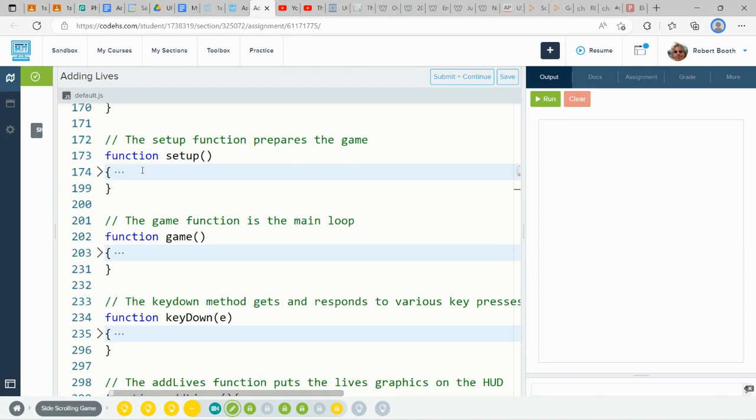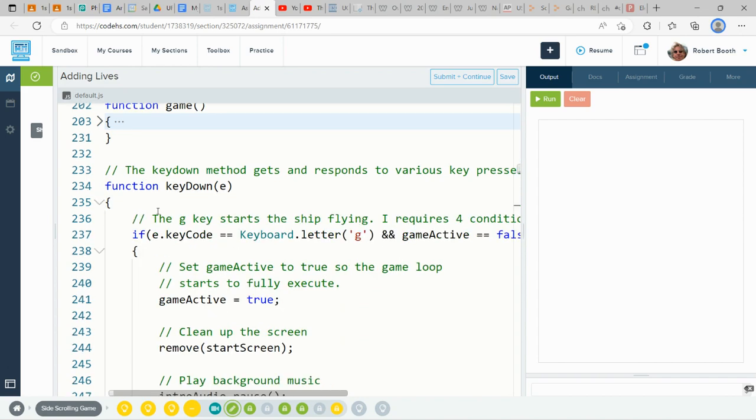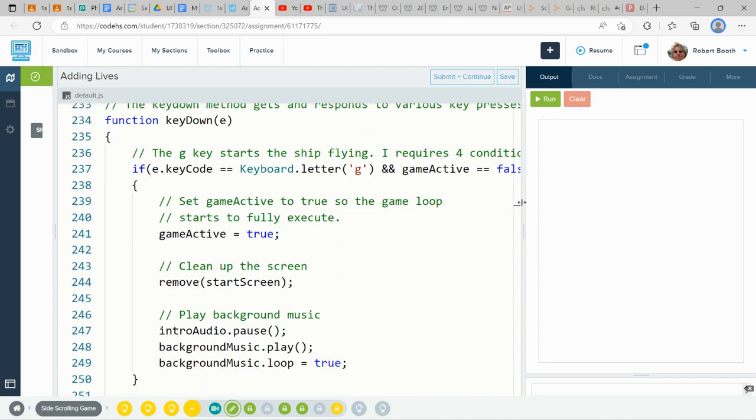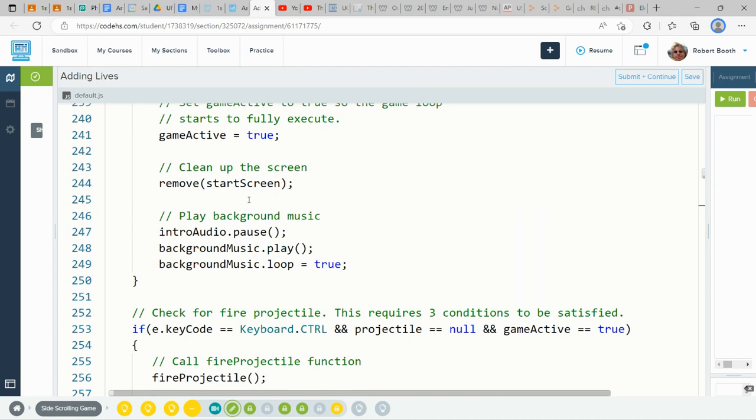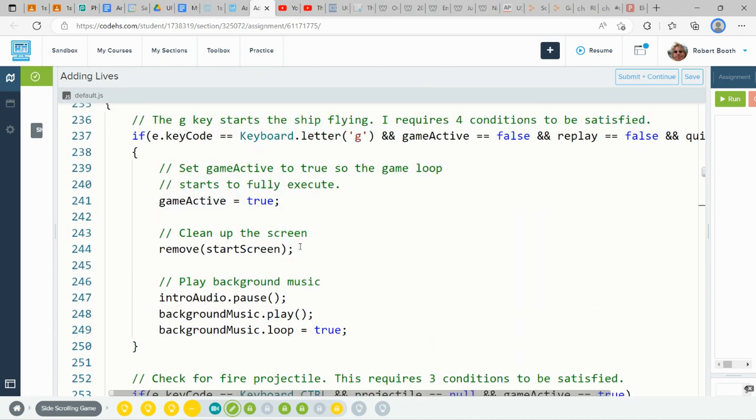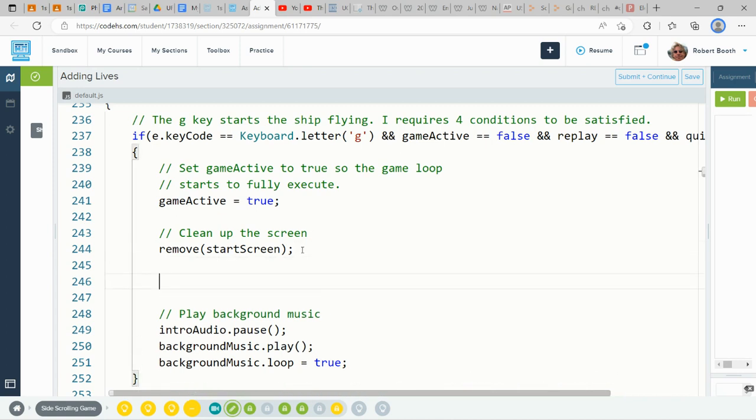So in key down, when we press the G key right here, we're doing some stuff. We are removing the start screen. We also need to set ourselves up to remove the press G key screen